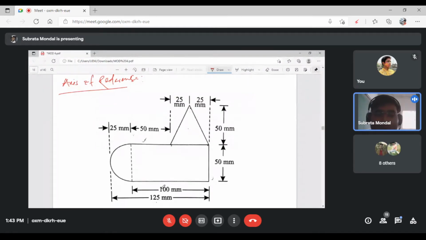If you have to take the axis of reference, where will you take it? Here, here, here, here and here, where will you take it from? Just mid between the 2 points. Meet between these 2 points, from this point to this point. No, sir, this one. Yes or no?